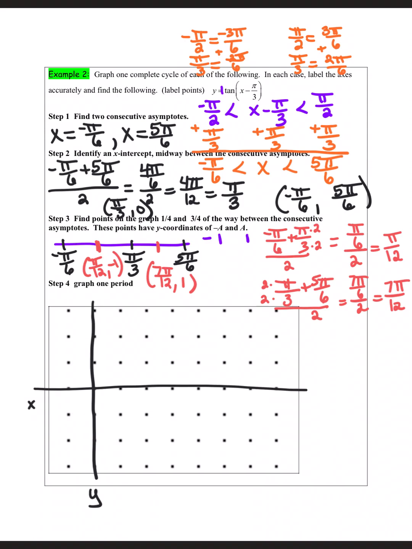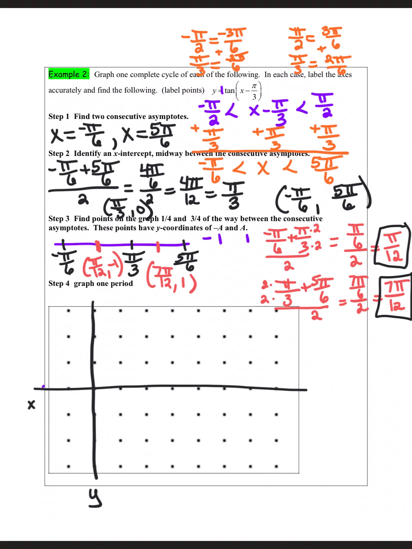Now, notice here that I'm starting at negative pi over 6, but then I also have the points pi over 12, negative 1, and 7 pi over 12, comma 1. So I kind of need to count by basically pi over 12s. So each space will be pi over 12, just so that way it's all aligned. So I'm going to start my first